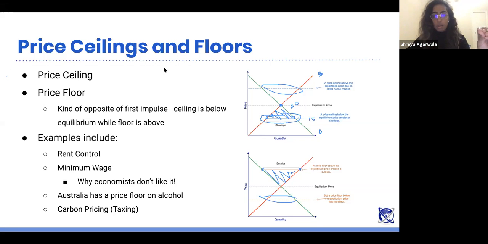You'll see this in examples, but let's talk about the minimum wage. This is an example of where a government is creating a price floor because they're forcing companies to pay employees a certain level of wage. Let's say it's $8 in one specific state, but the equilibrium price is actually $6 based on the work at hand. Companies want to pay their employees $6, but the government, in order to improve quality of life of employees, is saying you have to pay people $8. That higher price is going to cause a surplus because